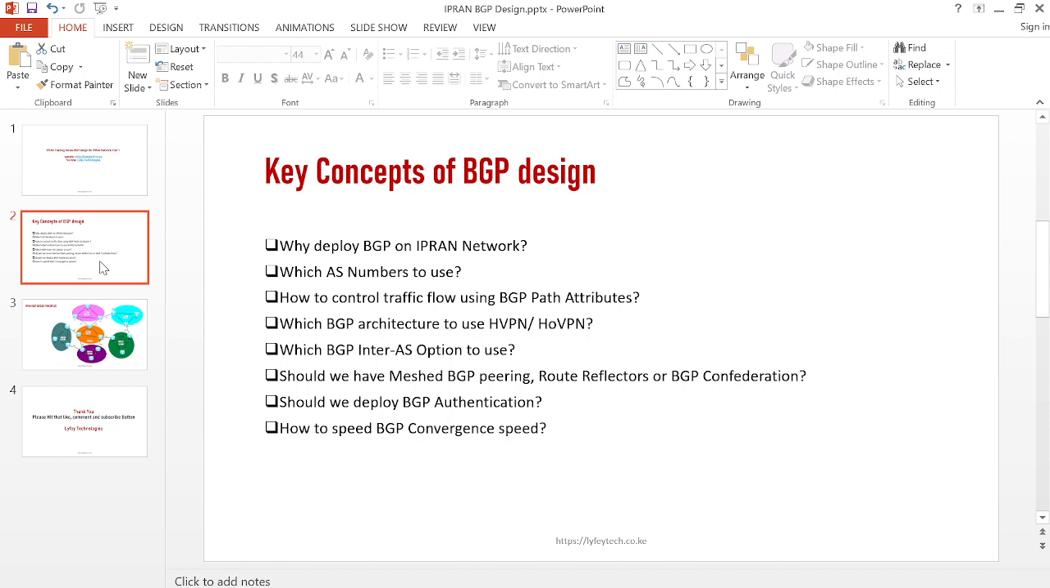The first question is why we need to deploy BGP on IPRAN network. As I've mentioned, IGP protocols are not best suited for inter-region or inter-cluster communications. They won't give us the flexibility to control how traffic flows between these regions. And many times you find that these clusters or regions are multi-homed to other regions. So we need a protocol that gives us the flexibility and the power to control traffic flow between these regions